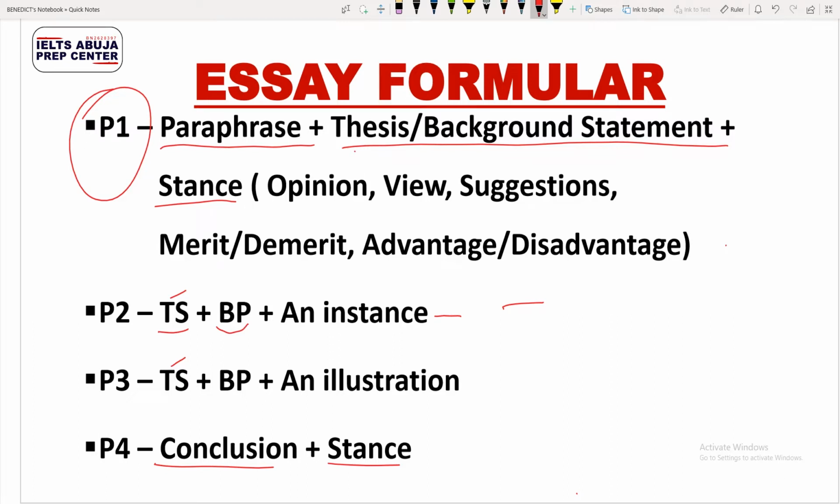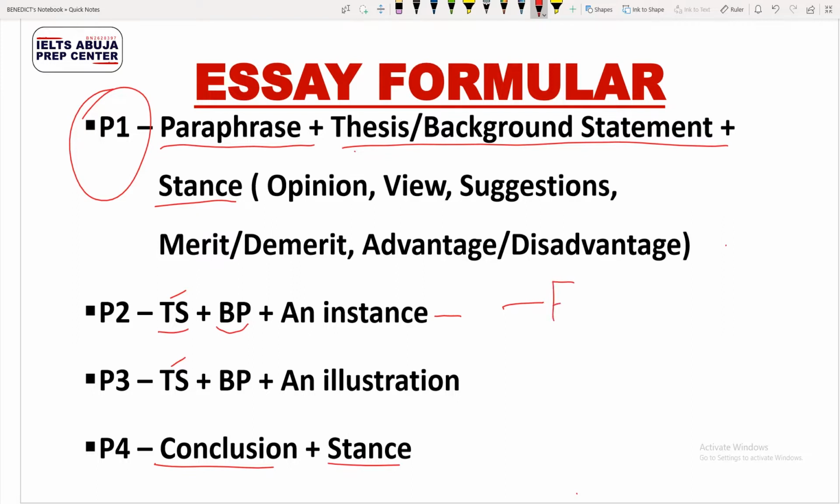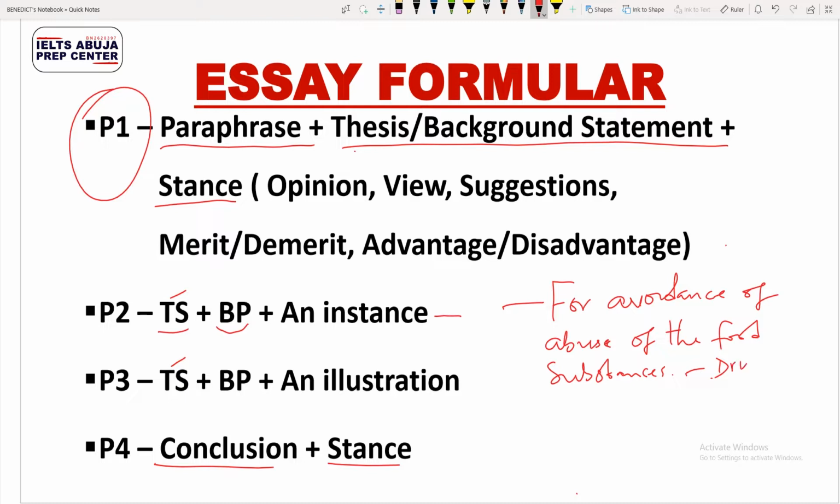For instance, on this question, I paraphrased verbally. Since the instruction says discuss both views, the first point I would raise would be... okay, so that is my first point, and I've also attached an example to it. Now for the other guys, I would say